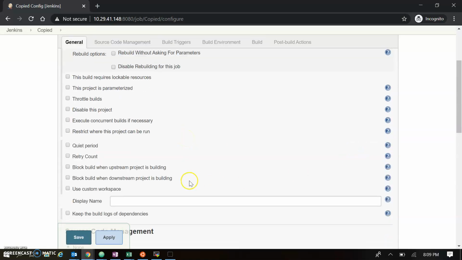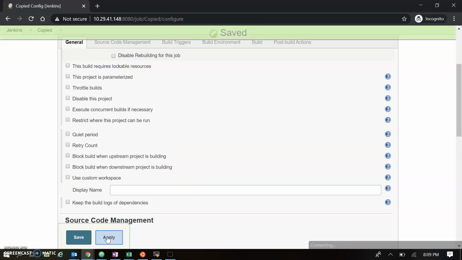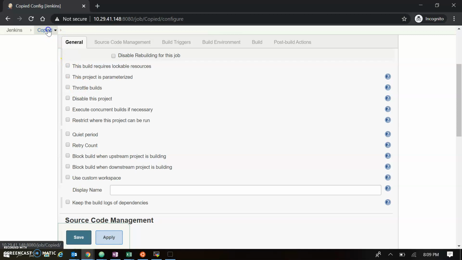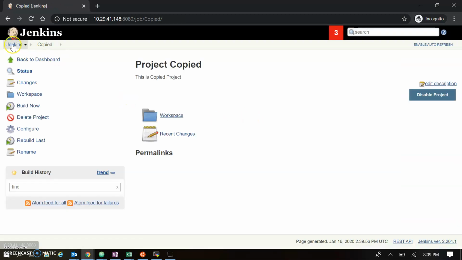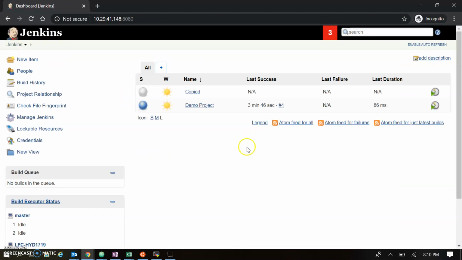Let's confirm that we didn't give the display name. Okay, so our project name is copy. Let's go to the dashboard level. So you will see the demo project has a successful build, but the copy project doesn't. So the copy project is a copy with the configuration of your project, not your build data. So it's not migrating your data, it's only migrating the configuration of your project. So this is how you can copy your existing project, and this is how you can rename your project.